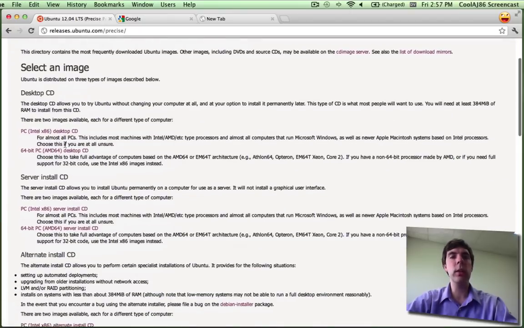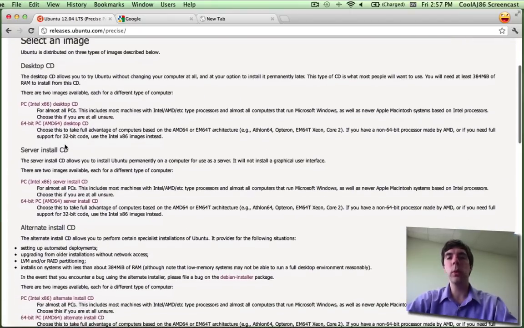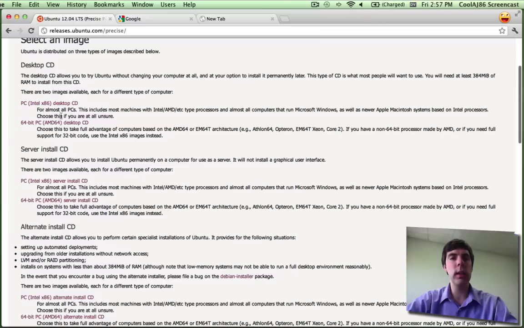And I go with 32-bit because I've been told it's a little bit more efficient on a virtual machine, and also I know that some software works better with 32-bit libraries and such. I think the 64-bit version has the 32-bit libraries installed as well, so shouldn't have any problems, but I'm going to go ahead and go with the 32-bit, and I go with the desktop edition just because